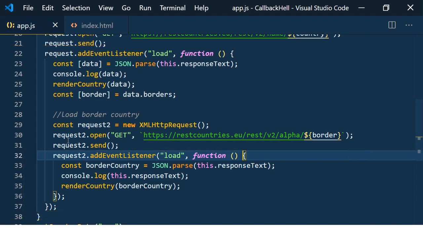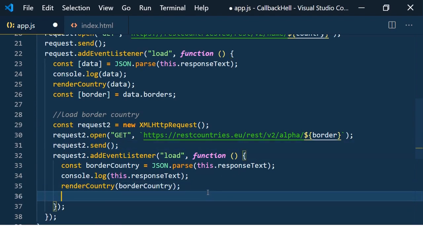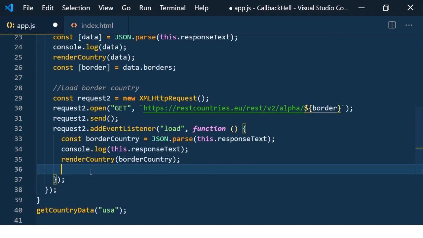Let's think, if the border country again has borders, and you would like to load them, what you need to do is make another Ajax call, which means you need to add another callback function inside this borders callback function. That is nothing but nested callback functions. And let's say if you want to load 10 countries' data, then you need 10 callback functions.